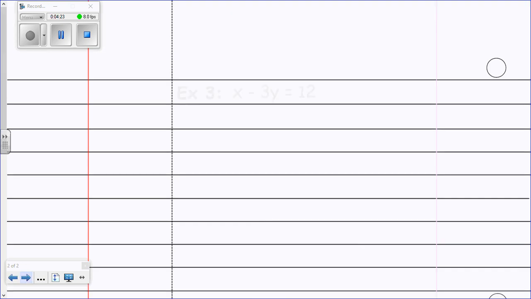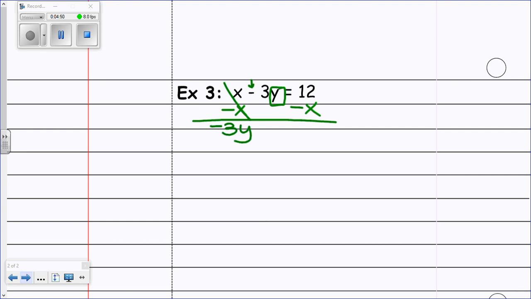All right, example 3. We get x minus 3y equals 12. So again, we know we want to get y by itself. So the first thing we're going to move is the x term. So I'm going to subtract x from both sides. The x's cancel. Now watch, there's a negative sign or a minus sign here. That needs to come down. So now we have negative 3y is equal to, remember the x term goes first, so negative x